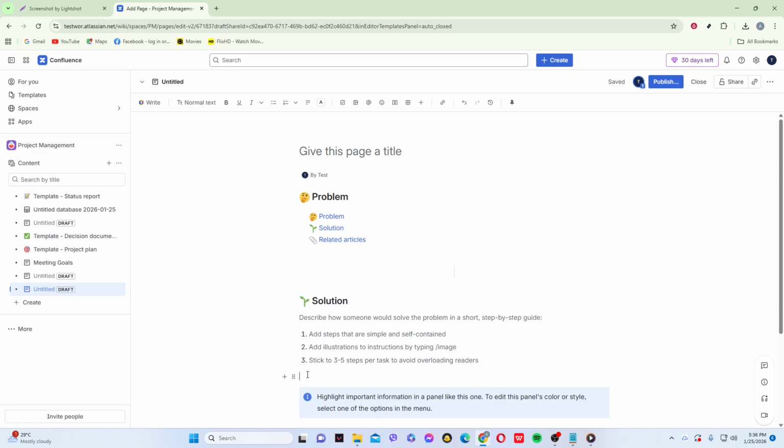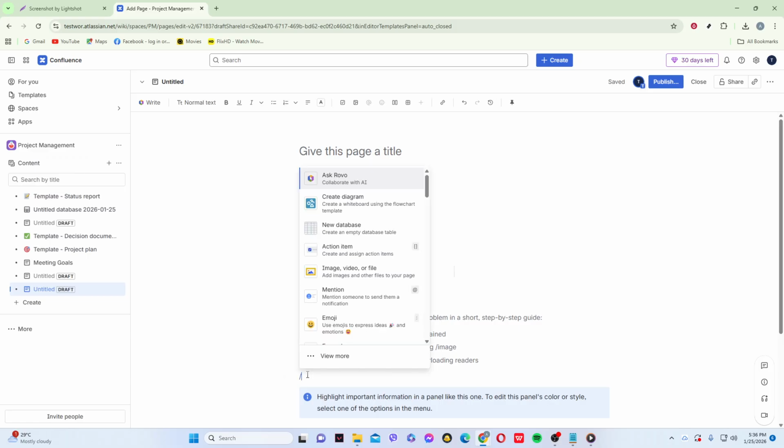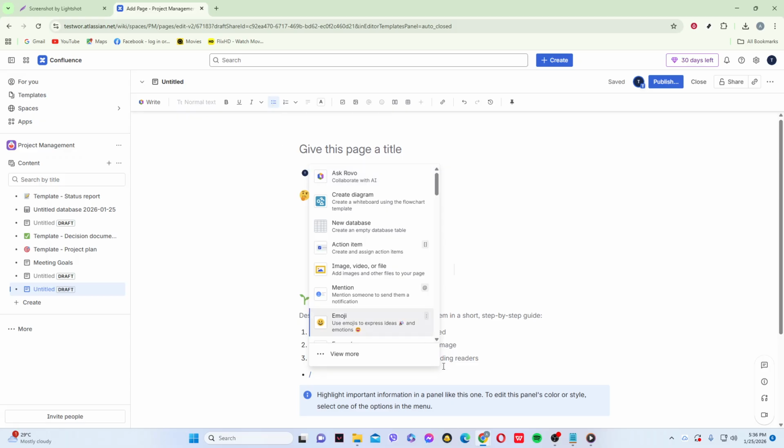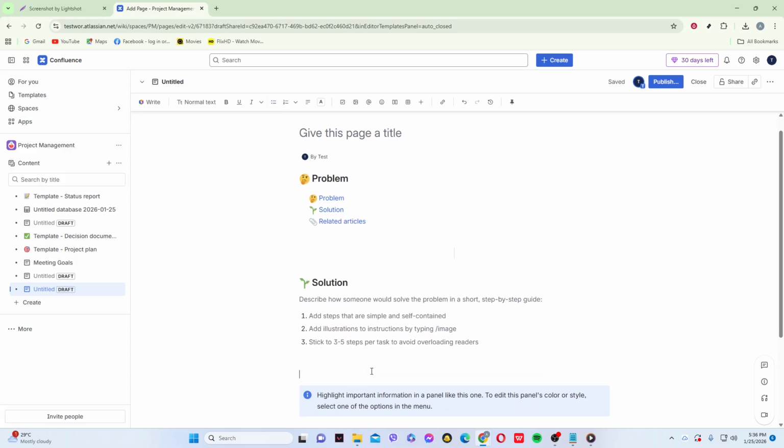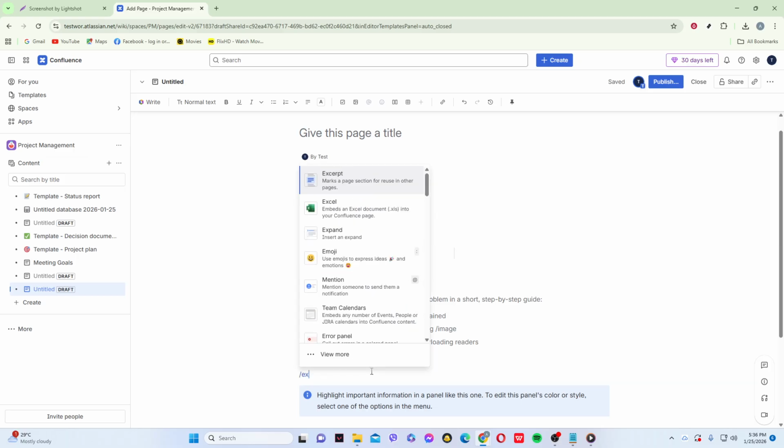You can type an asterisk followed by a space to start a bulleted list and keep related items together. Near the top, add an excerpt by typing /excerpt. Write a tight 2-sentence summary inside it. This shows up in search results and on parent pages, giving readers a snapshot of what your page covers before